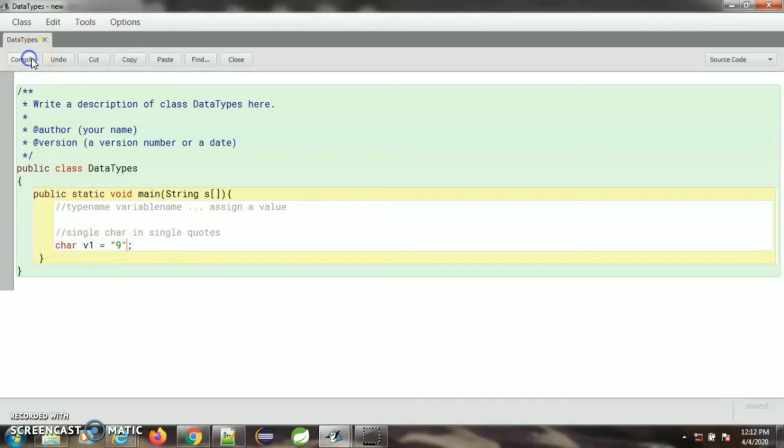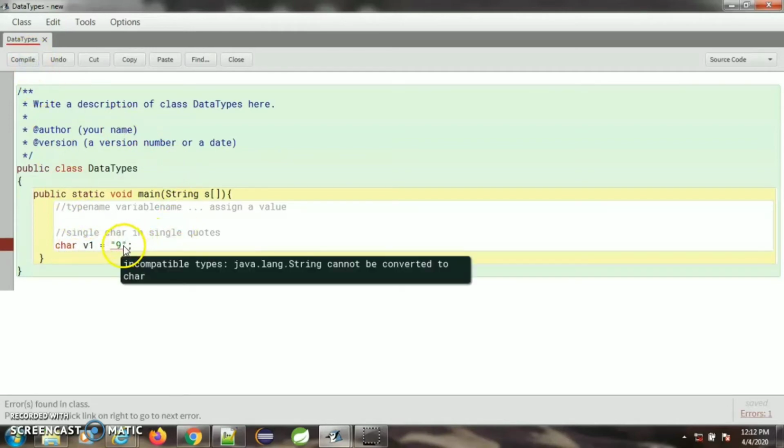If I compile, it will give me an error, and you can see that this is actually a string here, because as I said, double quotes means string and it cannot be converted to char. We are trying to assign the value of a string to a char variable, and these are not compatible, so we get an error.